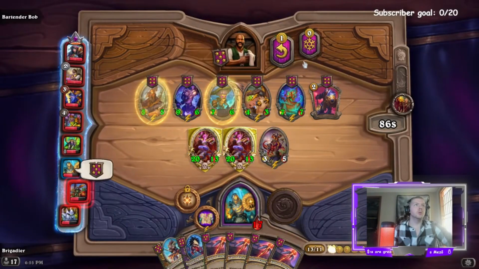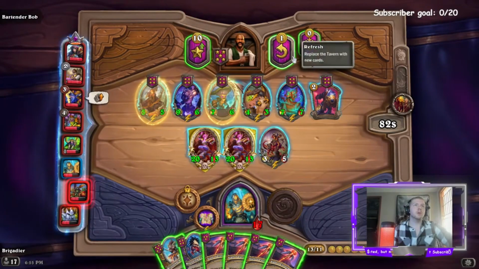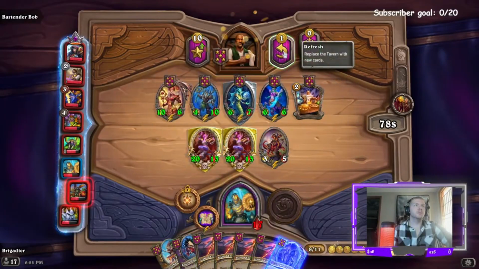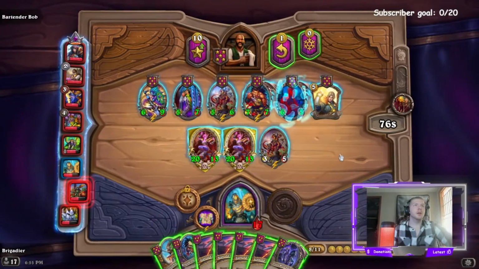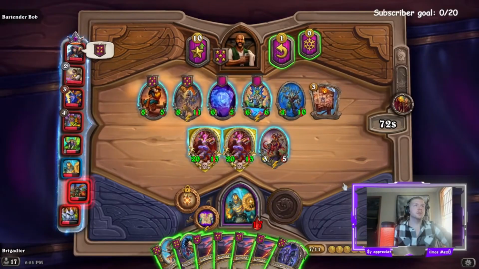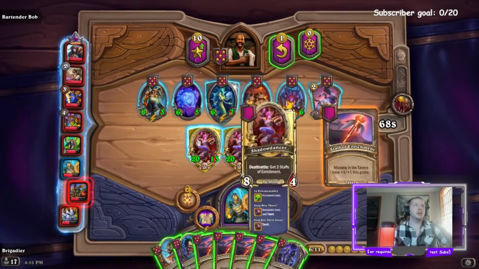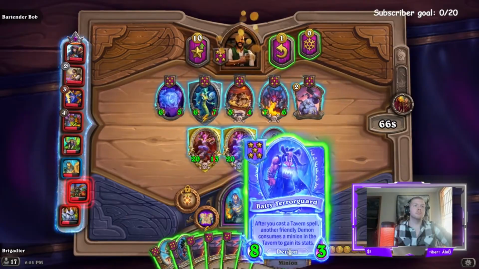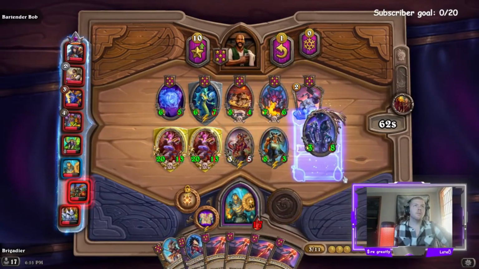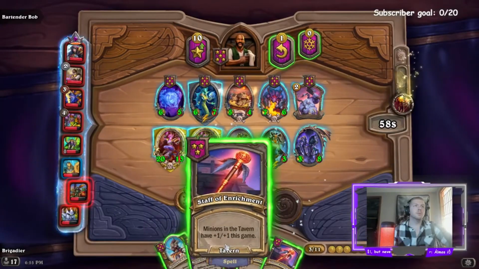Right, 21 gold. Let's go tier 5. Spirit Walker's not terrible. There's the double death rattle. Now we just need to buff our tavern spells. We need the dragon. There's the baddie Terror Guard. Let's do...